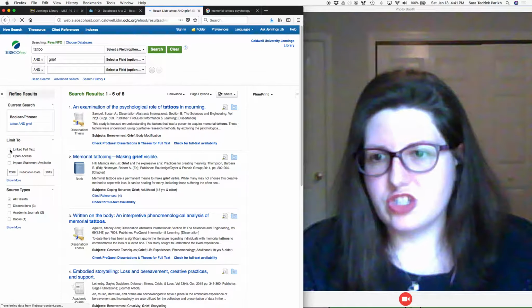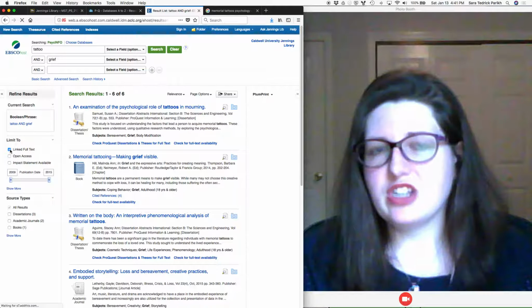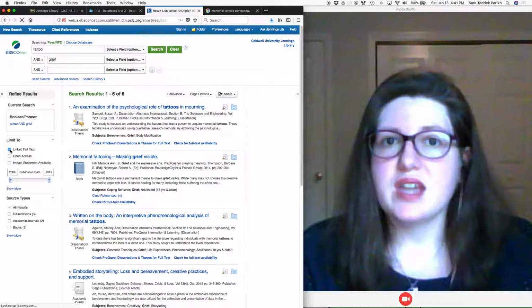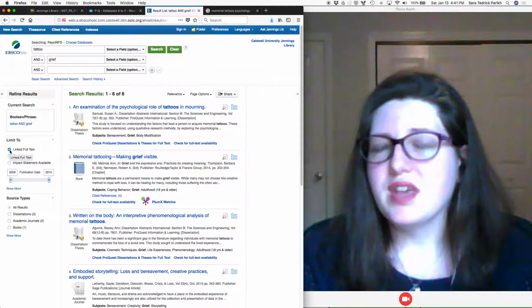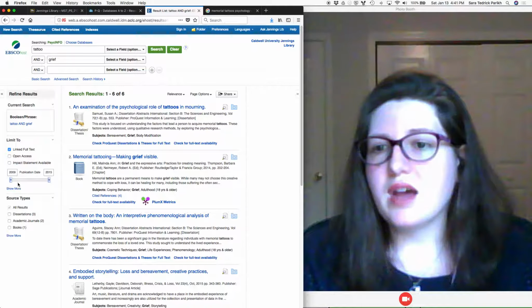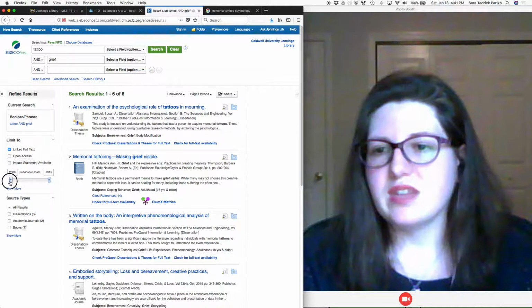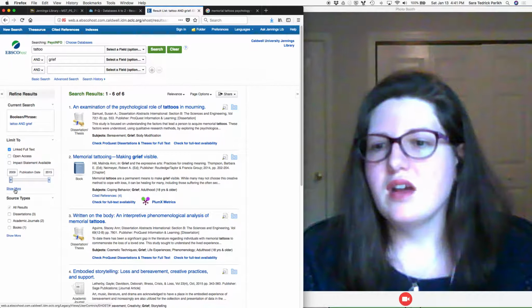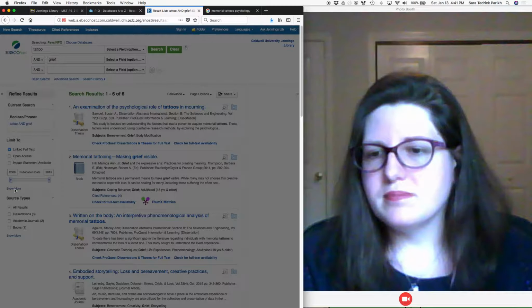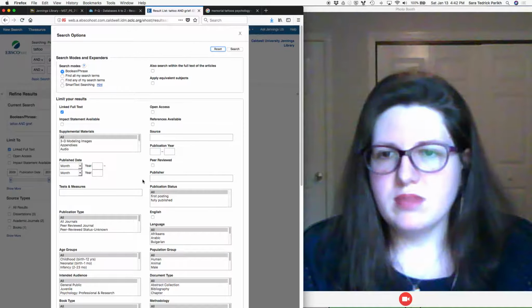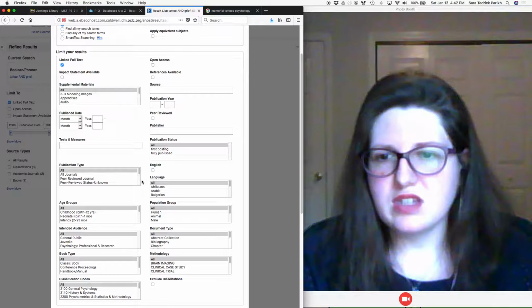I want to at least start off with linked full text because that means I can actually read it right now. You have some time, you can get some other articles that need to be ordered through interlibrary loan, but you don't want too many. This is pretty recent, but I usually want to do like 2000, 2010 on. I can look at all of them, so I can limit the publication year.